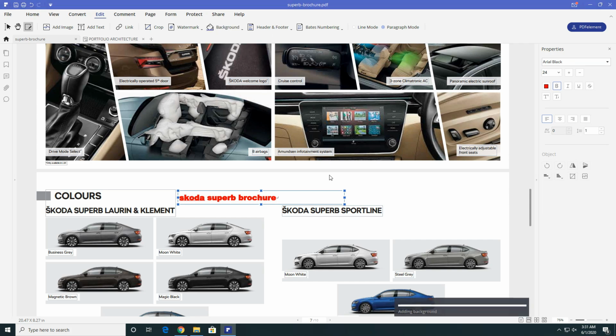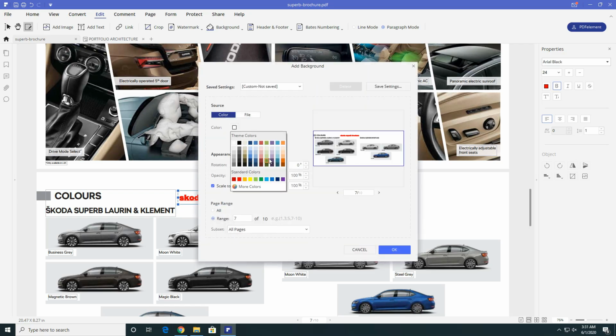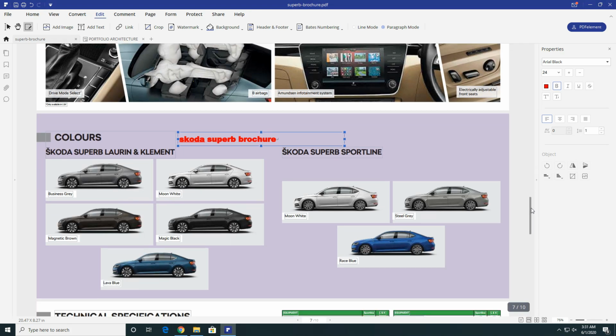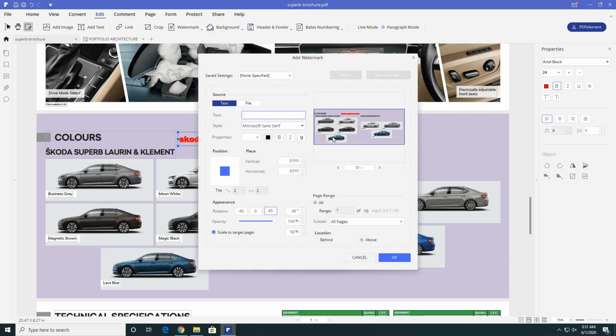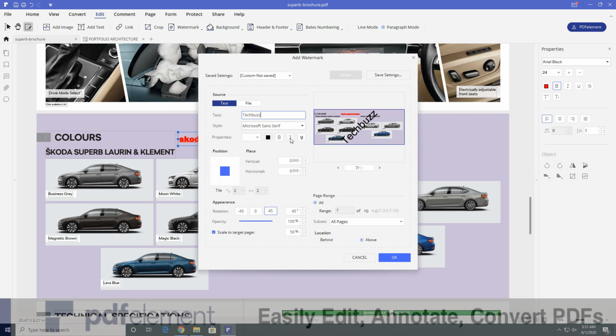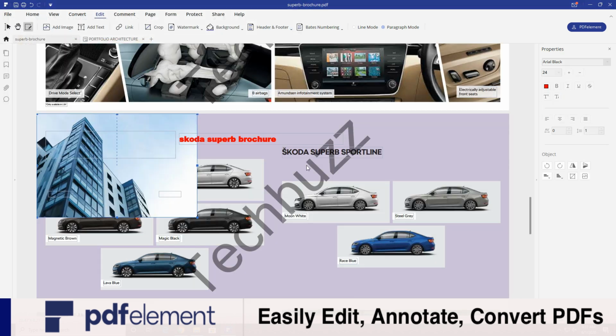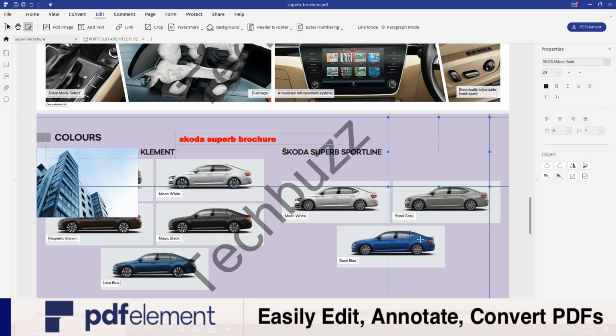You can change the background of the PDF. You can add an image or plain color as a background to either a single page or all pages as you want. You can also add a watermark to your PDF and adjust the size and opacity of it, so no one can claim your work as their own as you have your mark on the file. You can also add images, move and resize them.